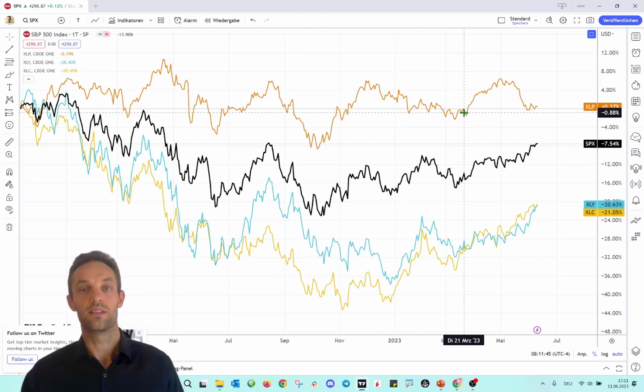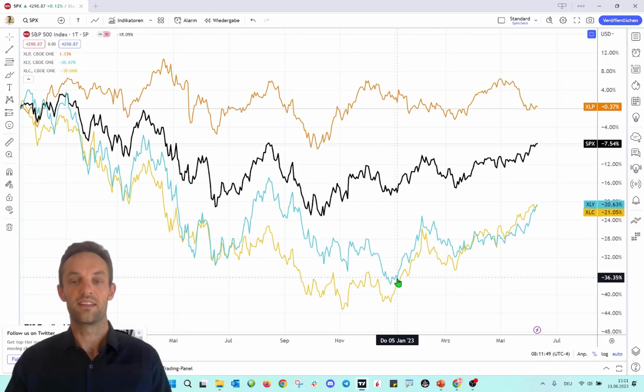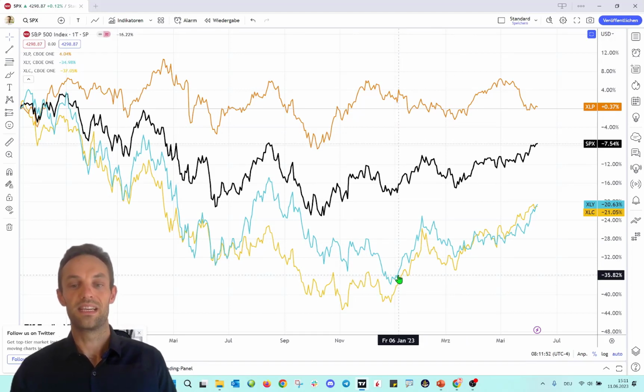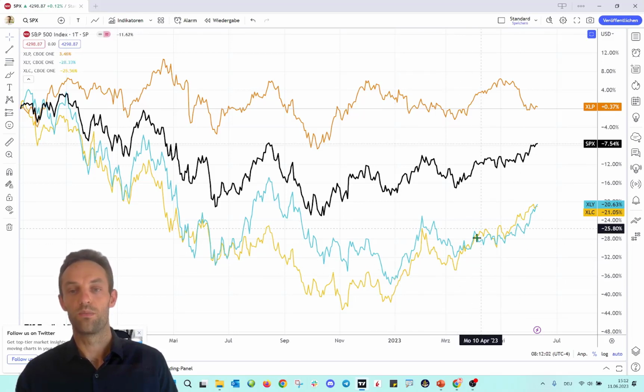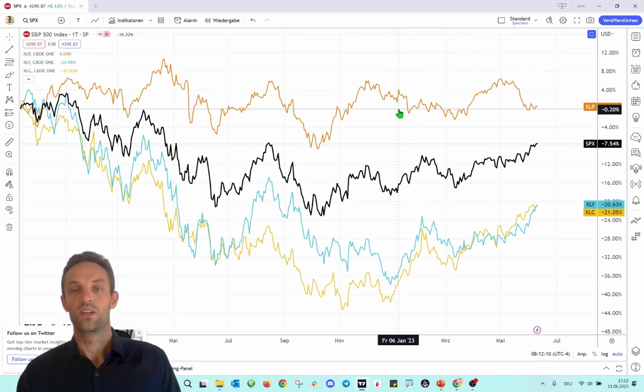Now it looks like the recession might be over soon. And you can see this here from the beginning of this year, especially: the rally took off in the next sectors. So especially communication stocks and consumer cyclical outperformed the S&P 500 and of course also outperformed the staples companies.